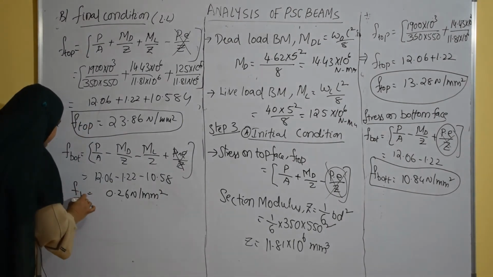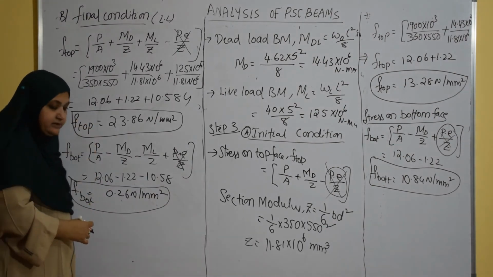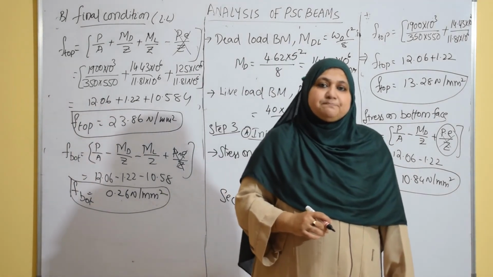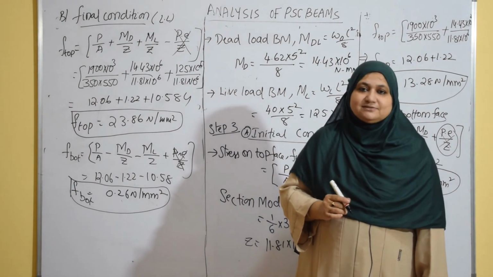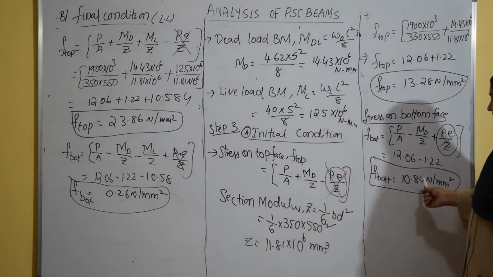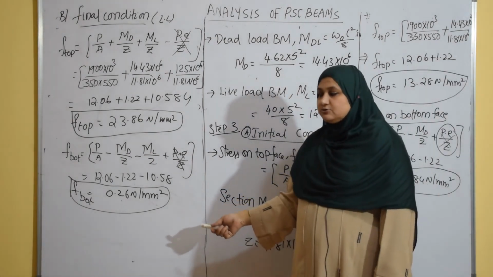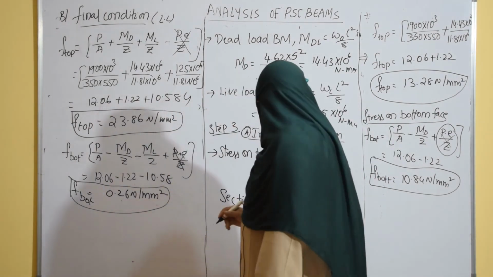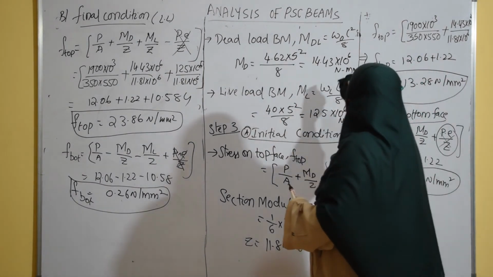So when I said the principle of pre-stressing, I told in my first video that the purpose of pre-stressing is to reduce the final stresses. We are reducing the final stresses, bottom stresses, see 10.84 to 0.26. Okay, so this is how we are calculating the stresses. Fine. So keep the values. I'll show you the diagram. Okay, I'll wrap this part.